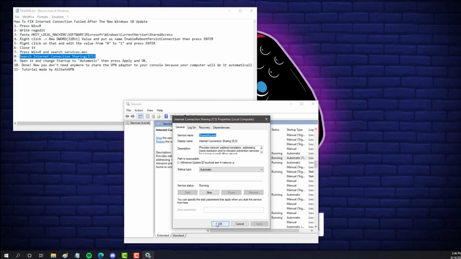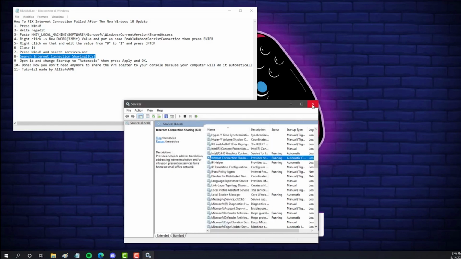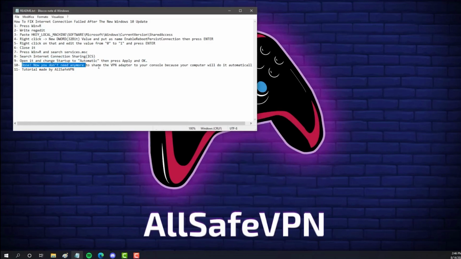Done. Now you don't have to share your VPN adapter to your console because the computer will do it